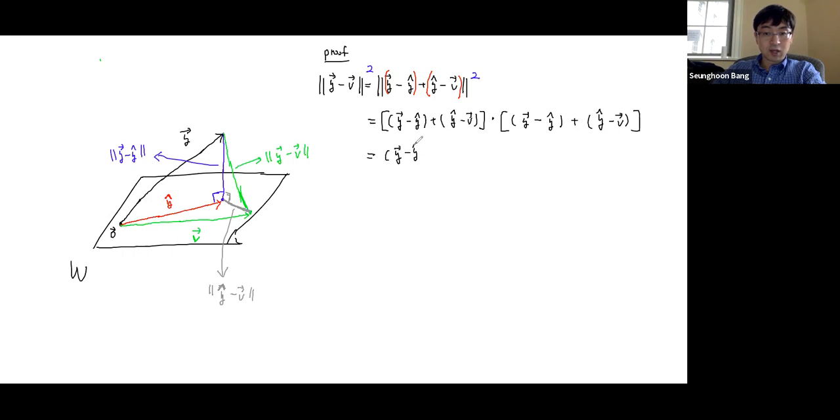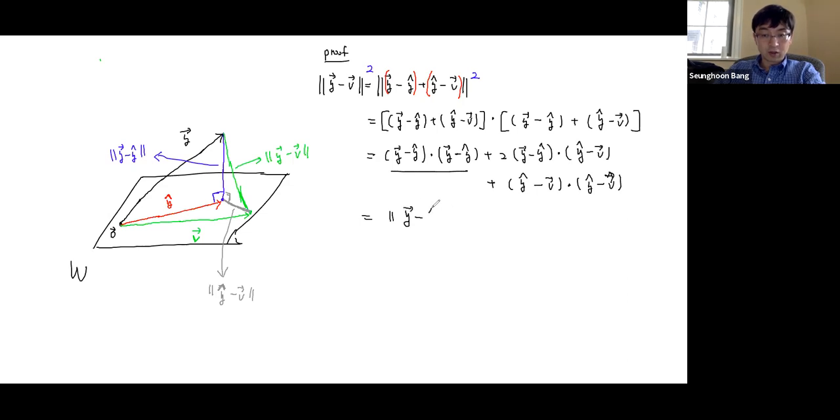(y minus y hat) dot (y minus y hat), plus inner and outer, 2 times (y minus y hat) dot (y hat minus vector v), plus (y hat minus vector v) dot product (y hat minus vector v). So what happens? This is the same as